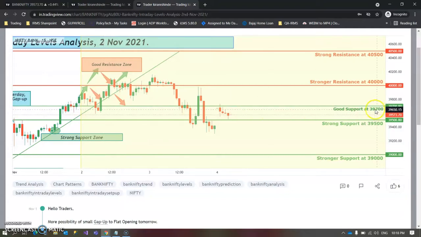I think you are getting what I mean to say. That is, if we consider 39,700, we do not have a fixed price. So the price is moving up and down. Each trader may get a different price at this particular strike price. So we got the reversal at this particular point.